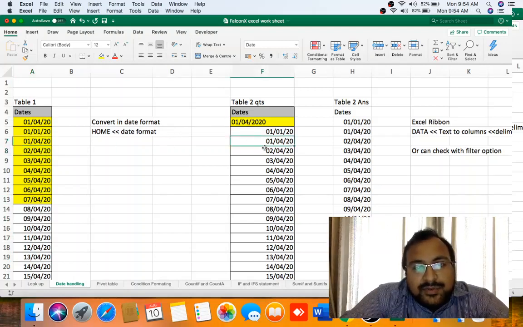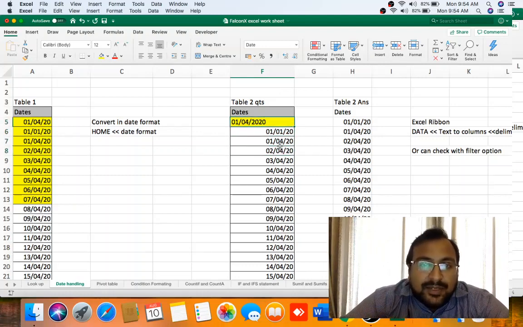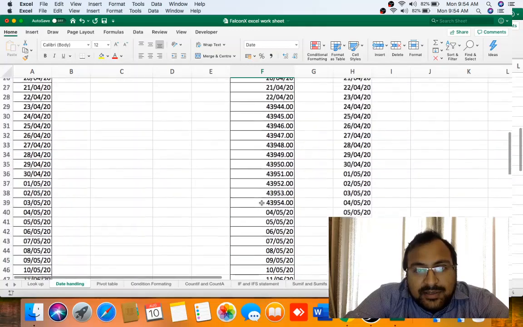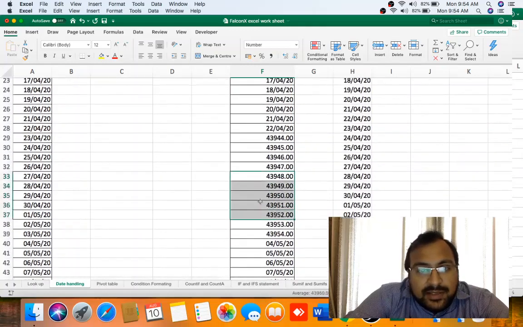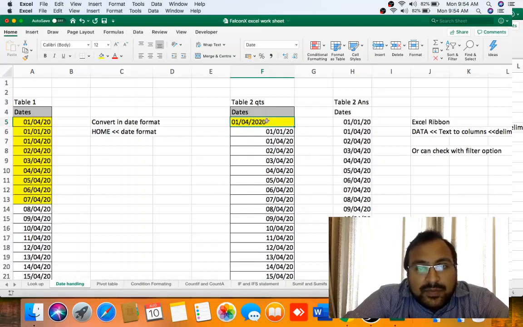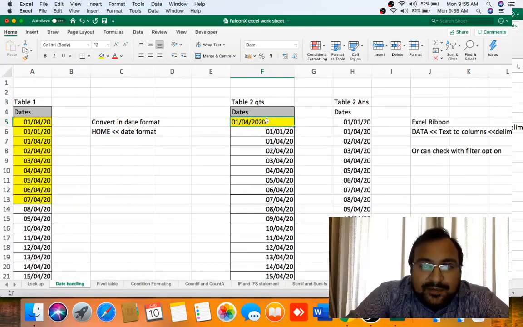Second error which we face is that, this is the right format of date, but as you can see, whenever the date is in the right format, it's on the right hand side, and whenever it is in the wrong format, it's on the left hand side. As you can easily notice that here also it's on the left hand side, and here somewhere it's in number, and here it's on the left hand side. So how can we rectify it?